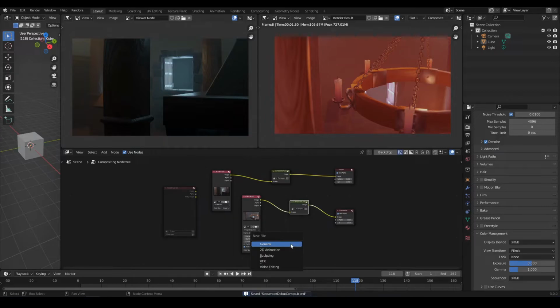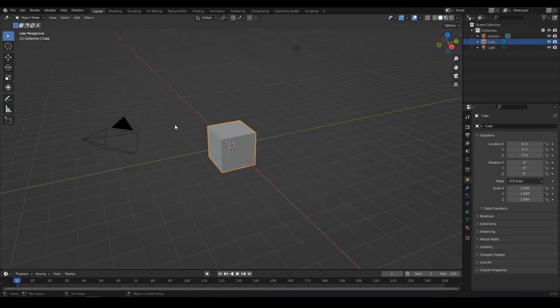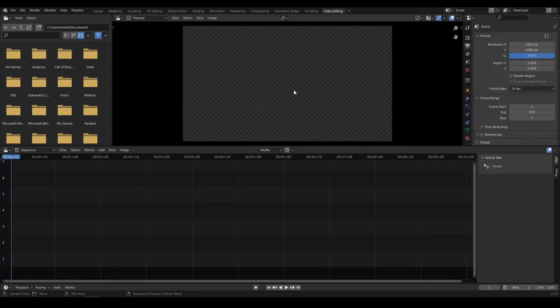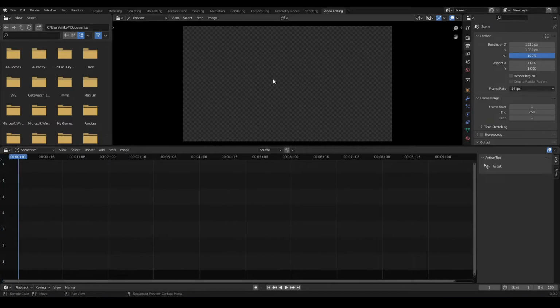Now, I'm just gonna start a new file, okay? And now we're gonna use what is called the sequencer. It's not available directly on top, but what you can use is the plus button here. Click on video edit and then video editing. So now you've got this kind of window. On the left here, you can select the assets. This is a timeline with a lot of tracks, and this is the view of what will be in the